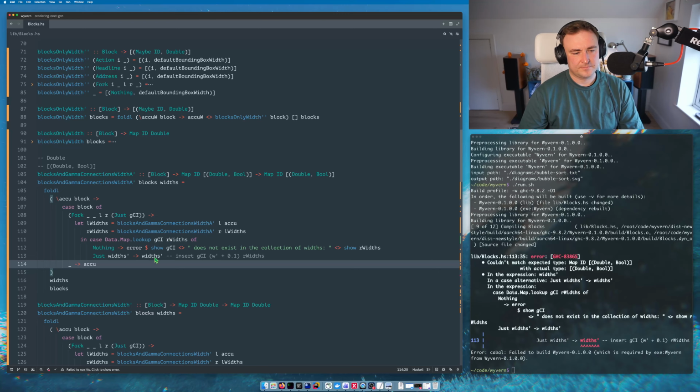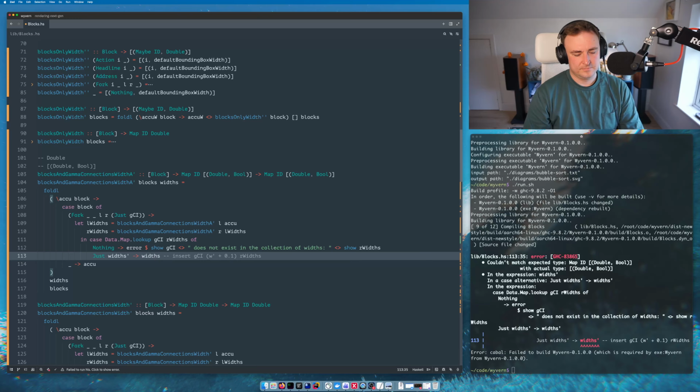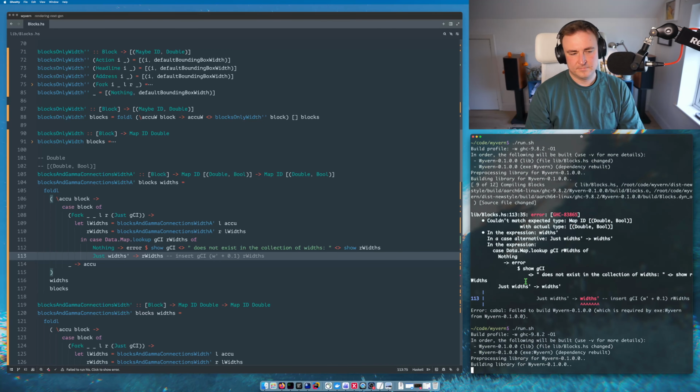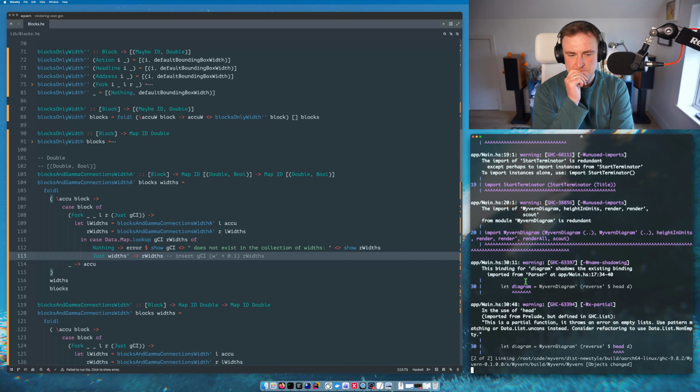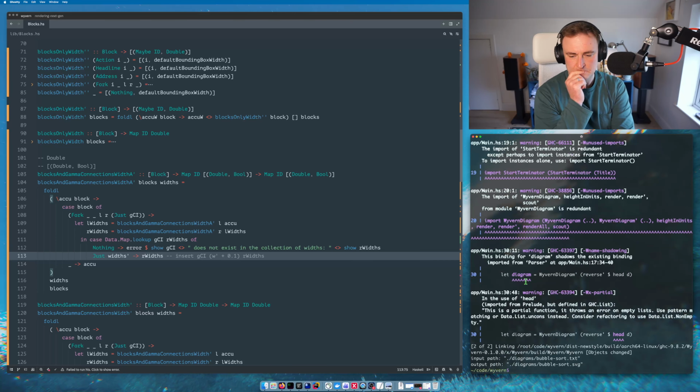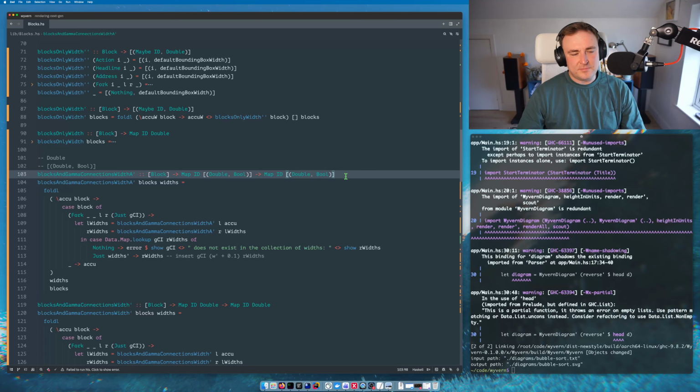I probably need a better name than widths. Okay, so our situation is that we have this collection, and to this collection, we need to add